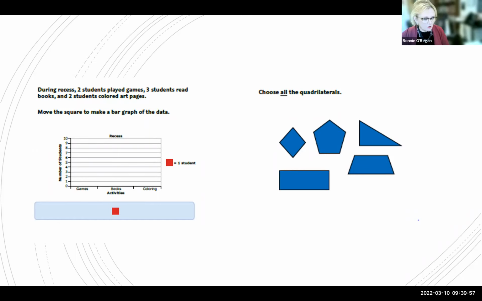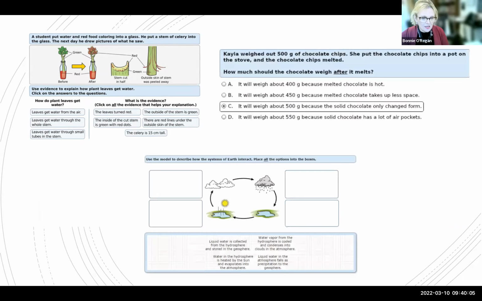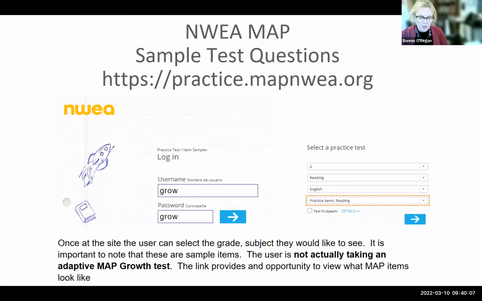Some require constructed responses. The NWEA Science Assessment assesses students' understanding of life sciences, physical science, and earth and space science. For more sample test questions, you may go online. These are not the actual test or representative of the content of the assessment. It just shows some sample question types. So it really doesn't matter which grade level you choose for this.